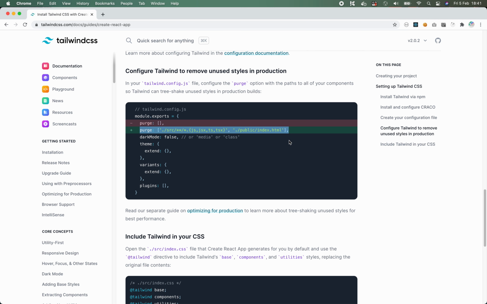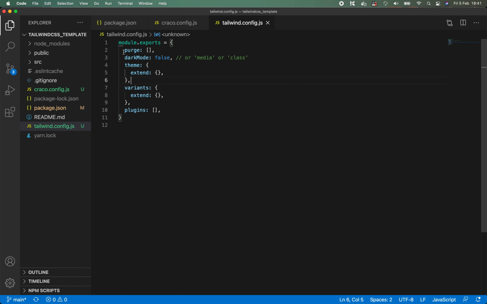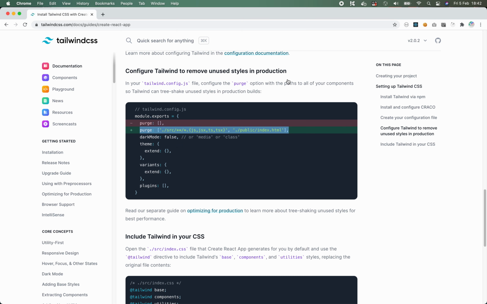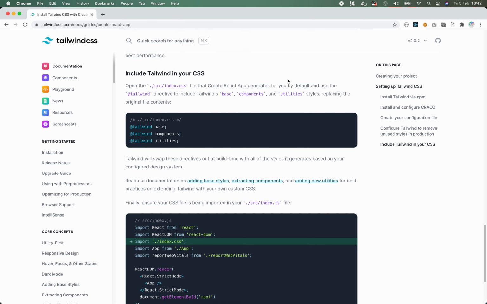So I'm going to copy this line, and I'm going to override the default value, which is an empty array, with that I've taken from the documentation. And again, this is just specific to Create React App and the files and the way that this project is created. So we can save those changes, and again, come back over to the documentation, and we just have a